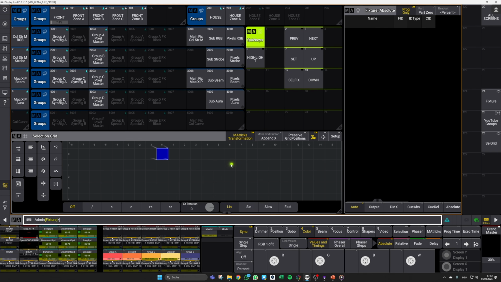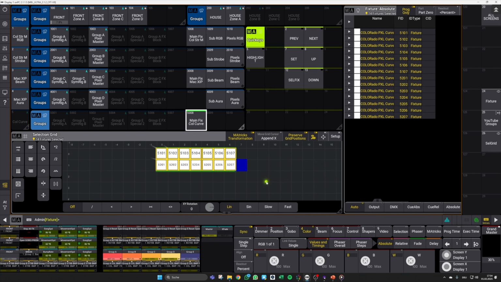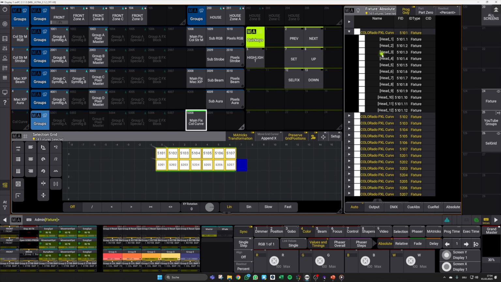Then I will quickly create my group for the main fixture, and as you can see here in Capture, we have a total amount of 14 fixtures, so 2 rows with 7 fixtures each. Then I do a quick check of my fixture structure. Here we will find only 2 levels, so I have my main fixture, and underneath I have my 12 individual heads that I can control, and this will be my next group,